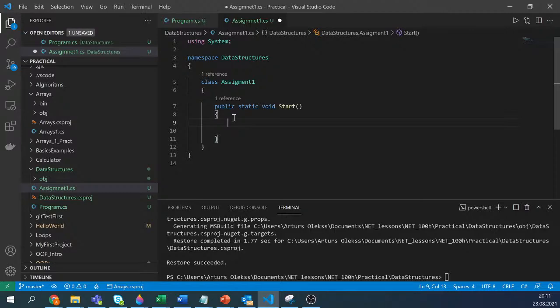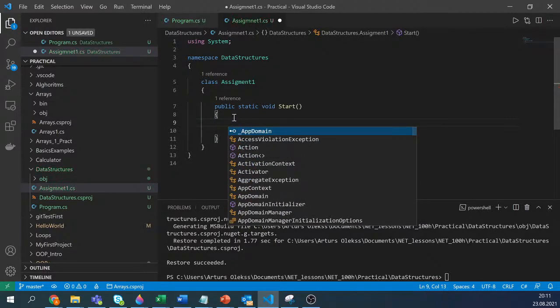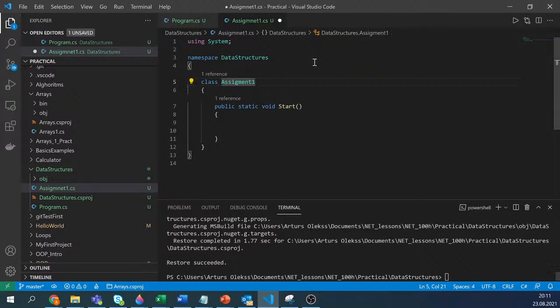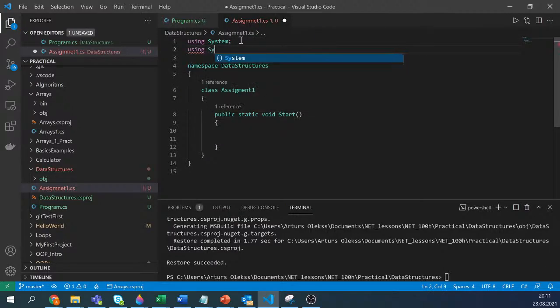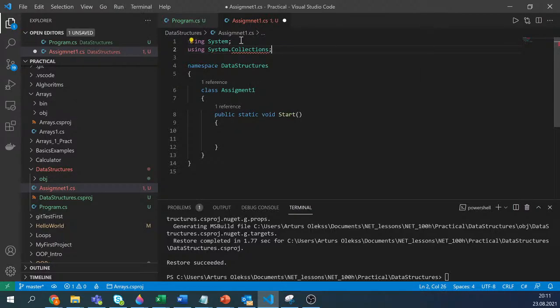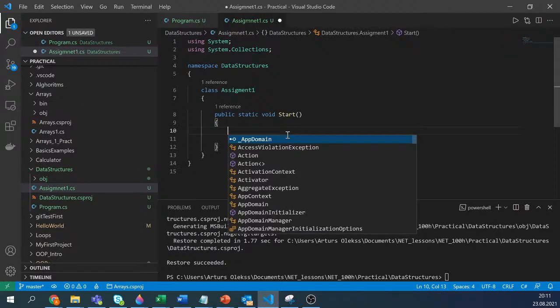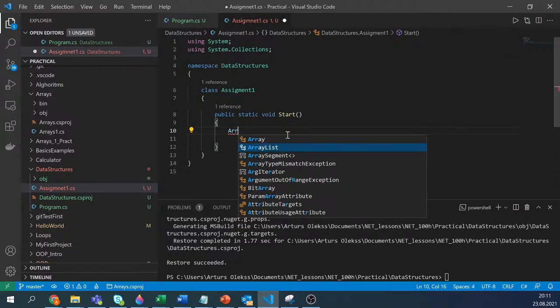Okay, that is from the string materials. And then just write the same code using the ArrayList class for the value storage. Okay, then from here I can define ArrayList. Please remember that ArrayLists are imported not from System, but from System.Collections, right? Then from here I can define the ArrayList,